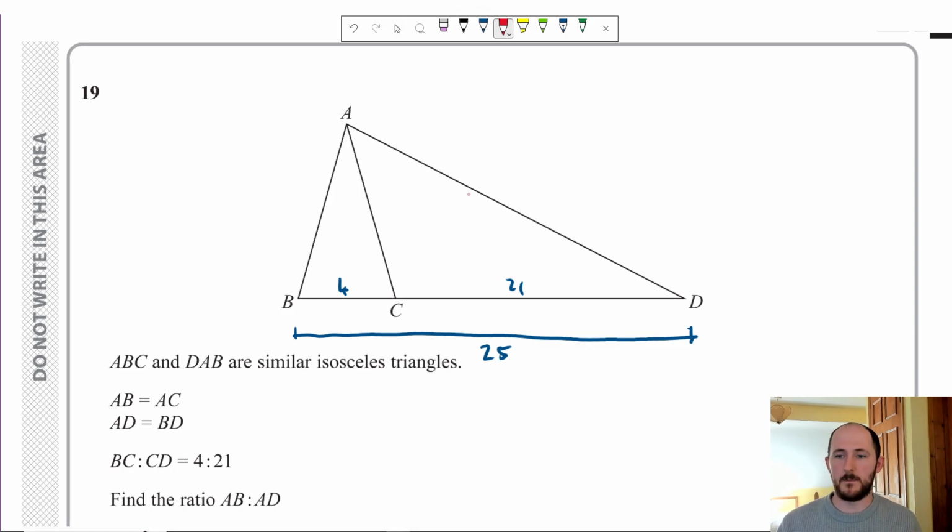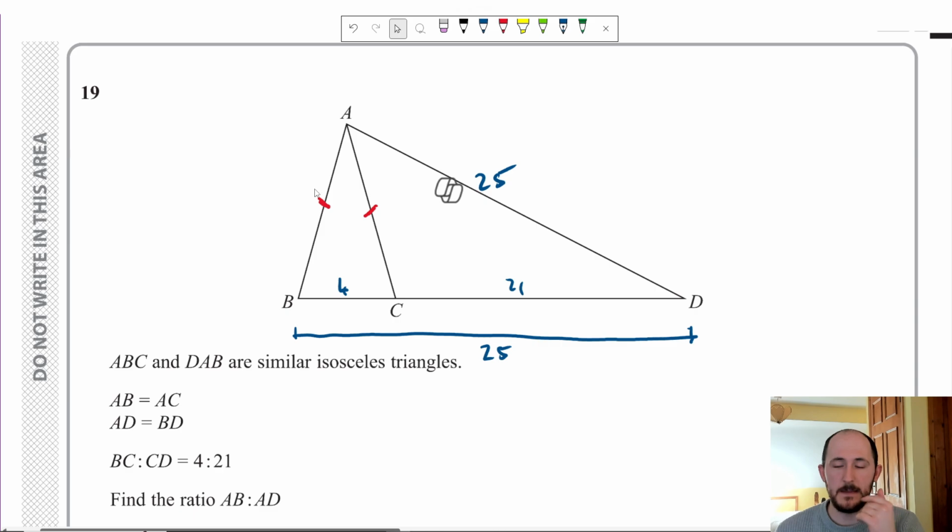Cool. The first thing is these 2 sides are equal because it's an isosceles triangle, right? Where it says ABC, those 2 sides must be equal. But we also know that AD and BD are the same length. So it's also 25. Why? Because it's an isosceles triangle, right? So this whole triangle here is also isosceles. So from B to D is 25. A to D is also 25. Now,